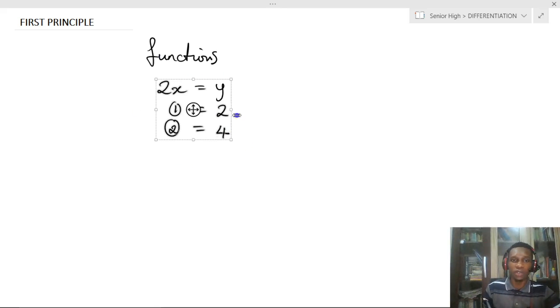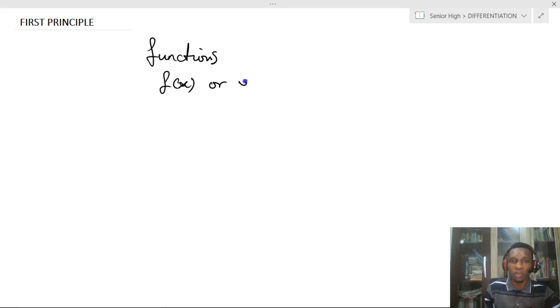If that was called a function, then in differentiation we'll be working with functions, and you present functions mainly with f of x, or you call it y. So f of x means the function of x, where your x is the value you are inputting and your y, or f of x, is the new value that is coming out. They are the same thing. Therefore, if I have a particular question like this, let's say my y is equal to my function of x,